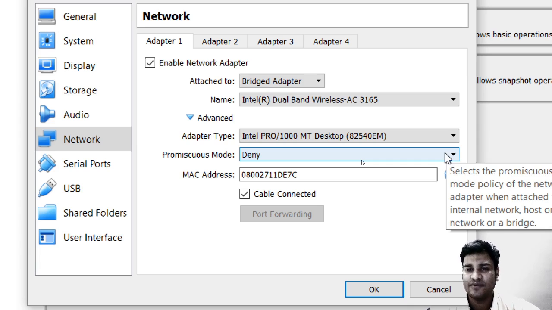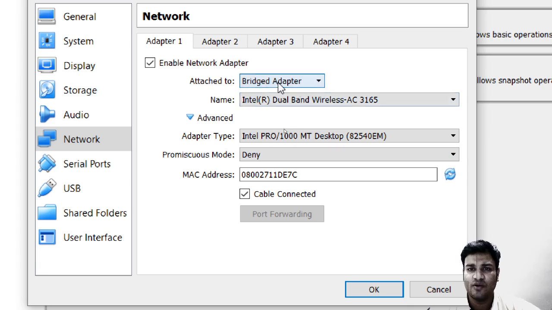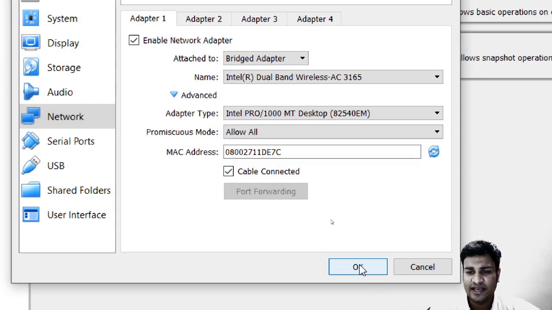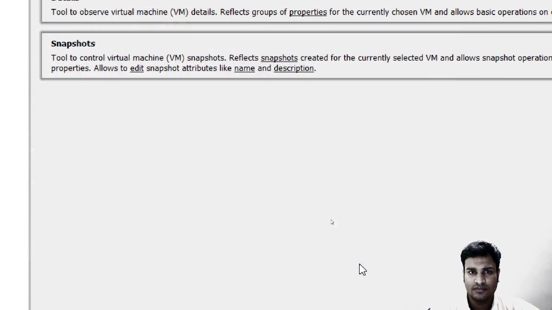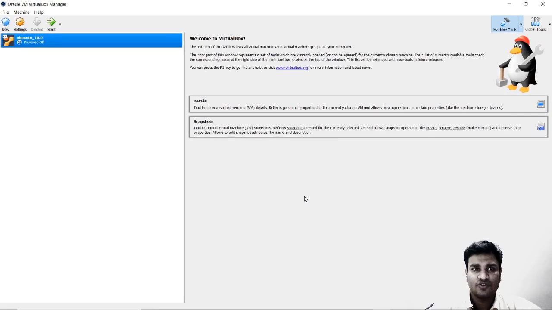We are studying SQL in this series, but you can note down that you have to make it a bridge adapter, and then in promiscuous mode just say allow all. This is required, and the cable should be connected, and say okay. So this is how you make sure that your internet works on this Ubuntu.